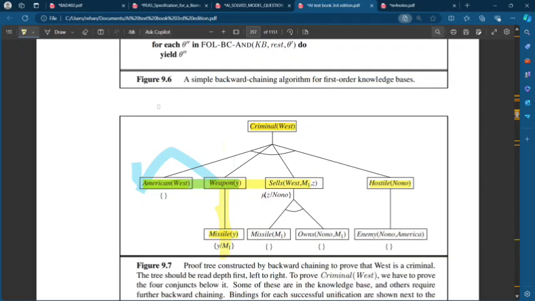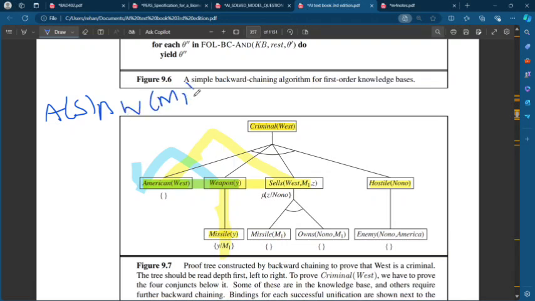Then I'll go like this. If I comes here, I derived that Solon is American, Solon has some weapon, and that weapon is nothing but missile Y. So we are saying that missile Y is M1. So what I read: Solon American. I just made a draw here, American Solon and